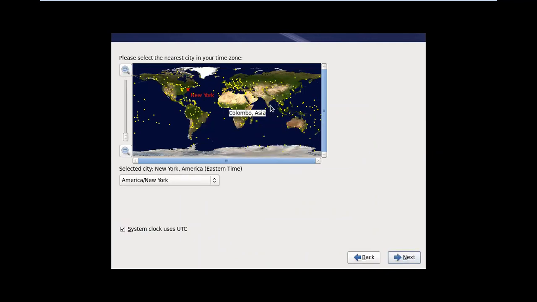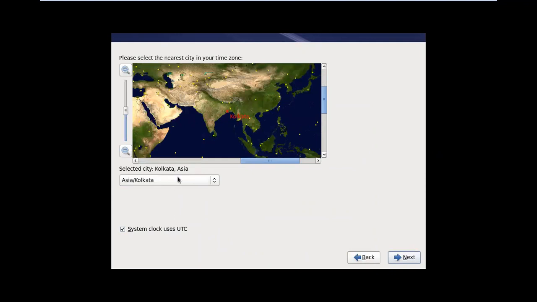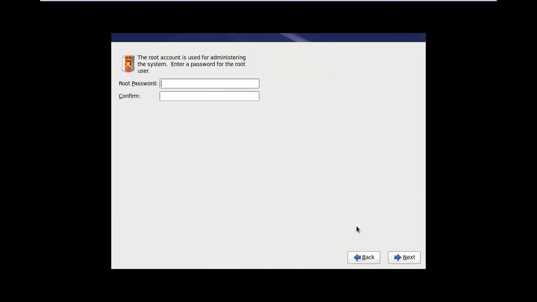Select the time zone: Asia, Kolkata. Graphical mode you can select. Click next. Here you can assign the root password. Root password means administrator password. I am giving Red Hat. The root account is used for administering the system.